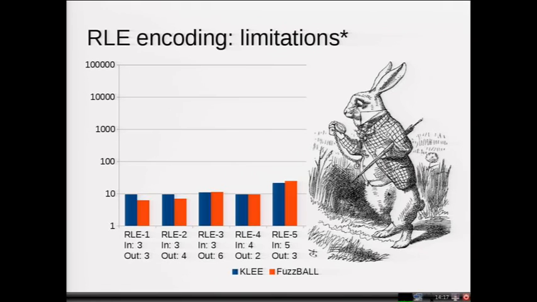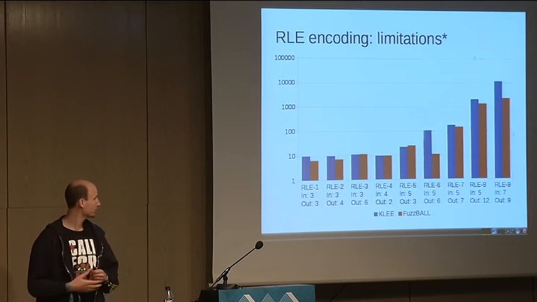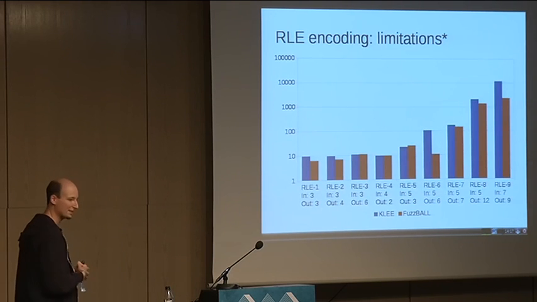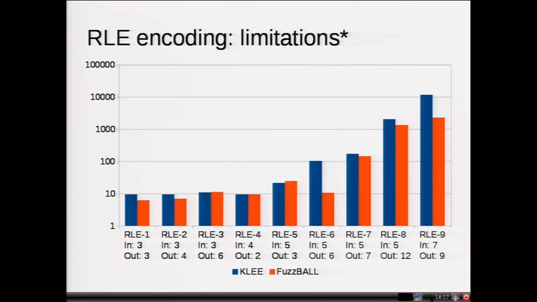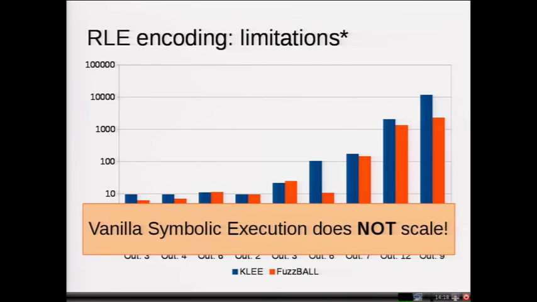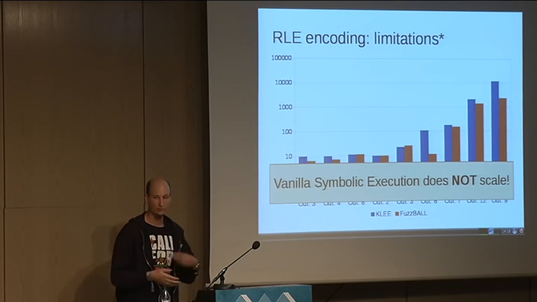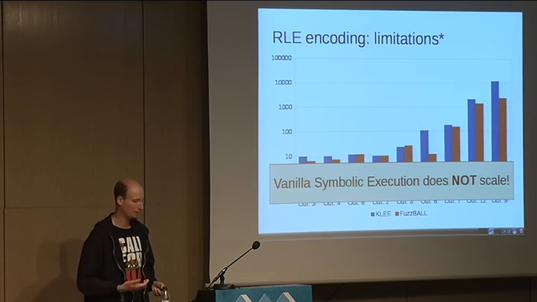So as soon as we scale up the input sizes, we see that the time we need to run the experiment goes up. And if we are using only 7 input bytes that produce 9 output bytes, we already run a couple of hours. So vanilla symbolic execution does not scale if we use it that way. We run into the state explosion, and we cannot invert these processes. So we have to get around that somehow.